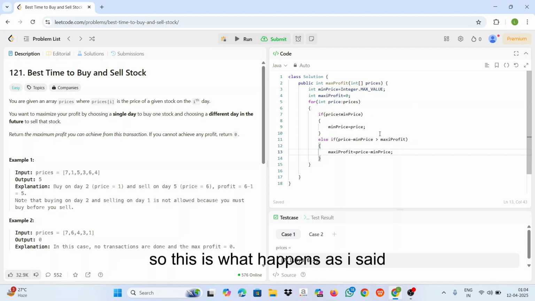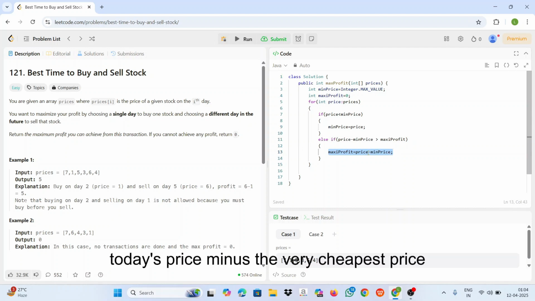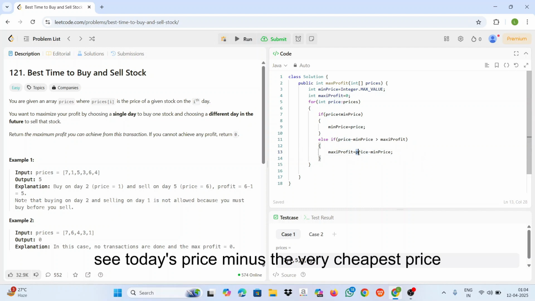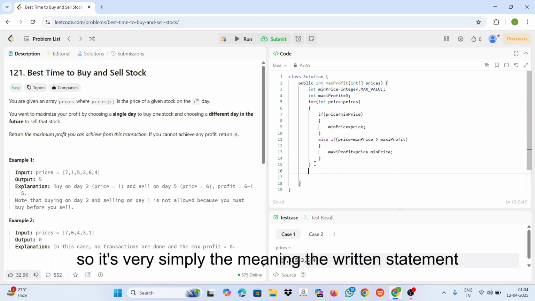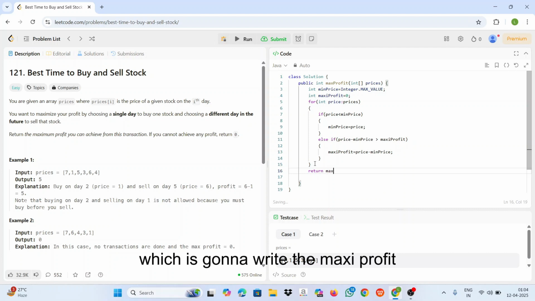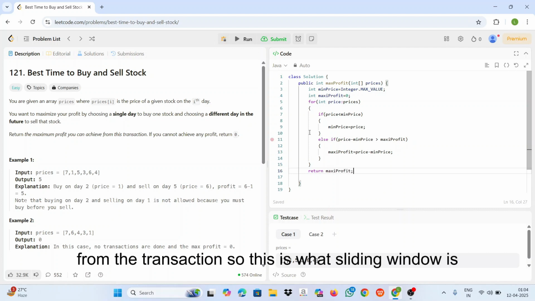So this is what happens. As I said, we update the minPrice every time we find a cheaper stock and calculate the profit by selling at today's price minus the very cheapest price we have seen so far. Very simply, the return statement returns the maxProfit from the transaction.